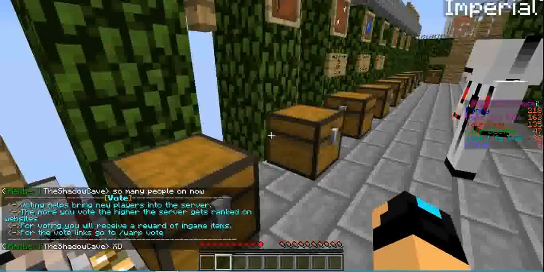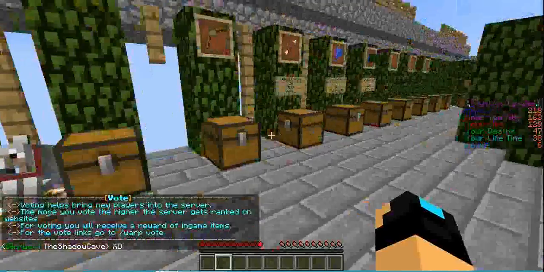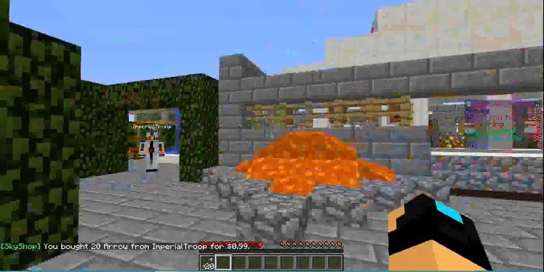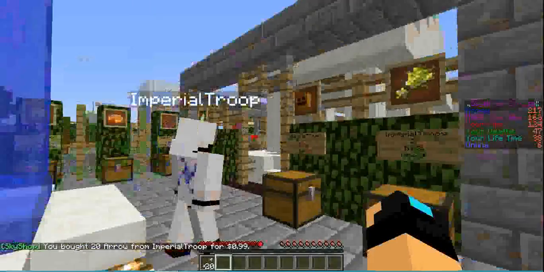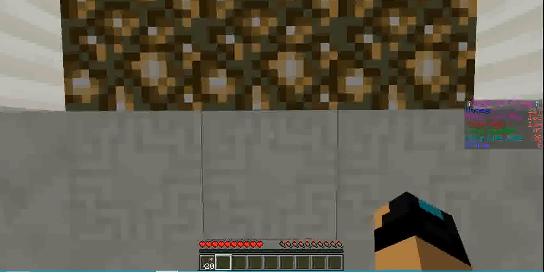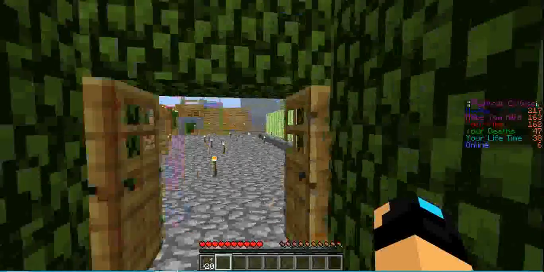I see one's a little shy, and he's kind of hiding from us. Oh yeah. Some more food. Oh, you bought some arrows for me. Thank you. No problem. And see, just like I mentioned, just that small chunk, and see what people can do